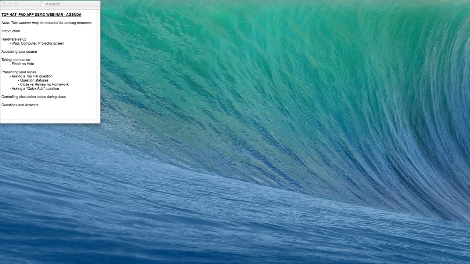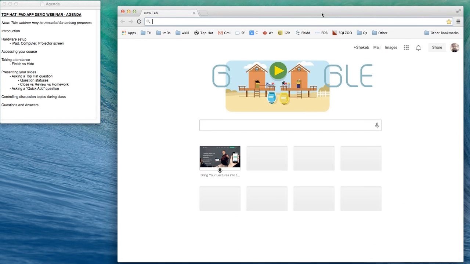So it looks like everyone is comfortable with where the hand icon is. That's great. So yeah, during the webinar, if you have any questions, please do hit that hand icon and I'll try to answer them. The very first thing that you want to do is to open up a browser window,